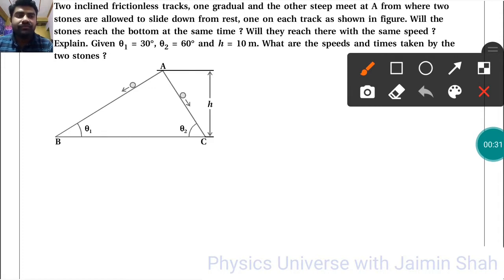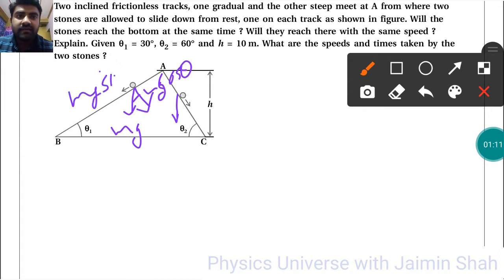So there are too many questions here, right? First of all, we need to focus on whatever force is exerted on this stone. First, the weight of the stone is always in the downward direction, it is mg. Now it has two components, one in this direction and another in this direction. So see here, theta is this angle, so that is mg cos theta, and this is mg sin theta.